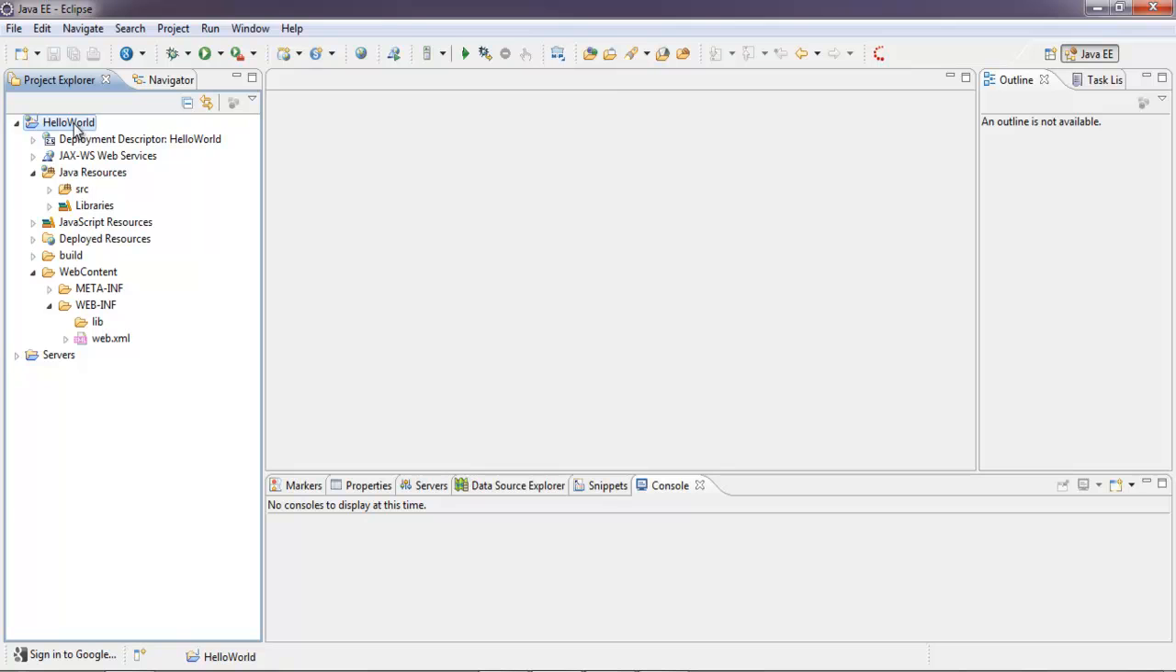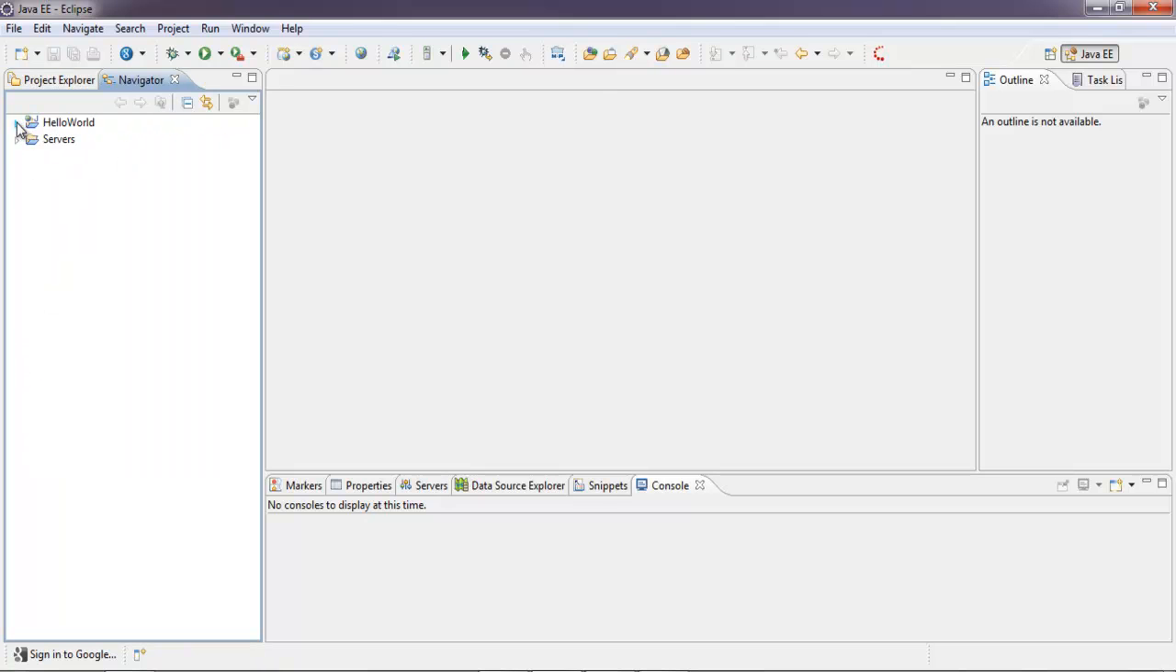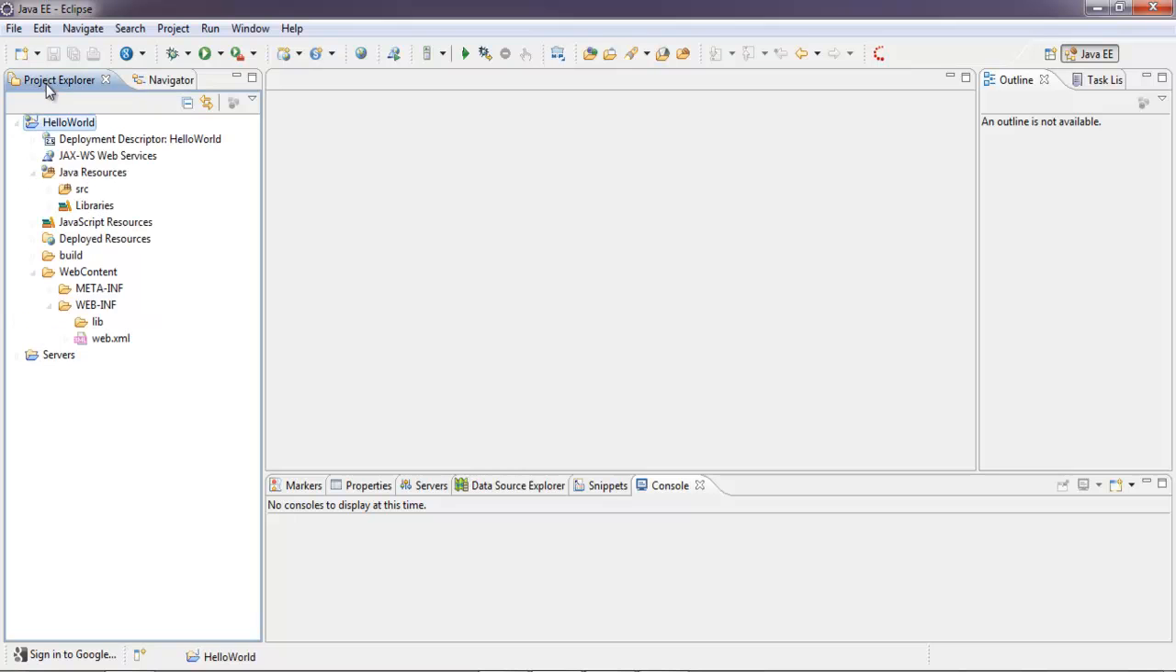Let us see this project structure in our Navigator view. Expand this HelloWorld application. Here you can see clearly WebContent, WEB-INF, lib, META-INF, and source. In this example we are going to create a basic servlet which welcomes us to the world of servlet technology. So let us create a simple servlet by selecting this src folder and giving a right click,